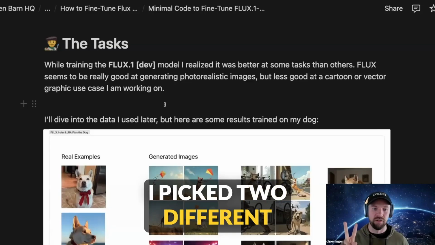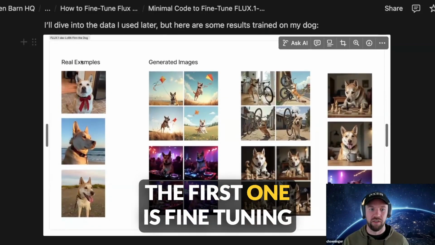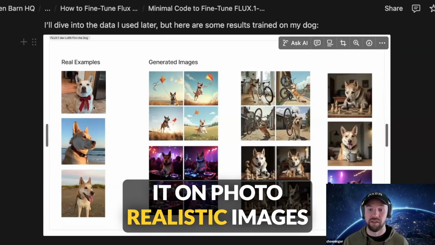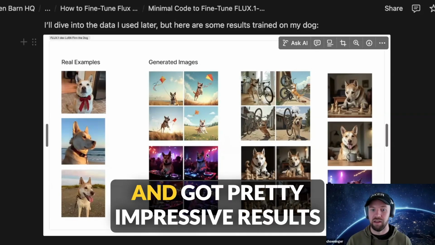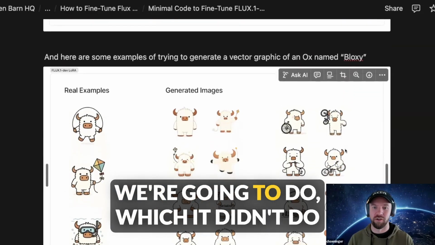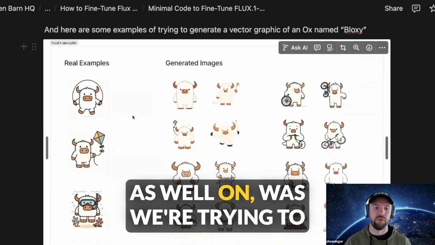I picked two different variations. The first one is fine-tuning it on photorealistic images. There are only 20 images of my dog in this data set and got pretty impressive results. The other example that we're going to do, which it didn't do as well on, was